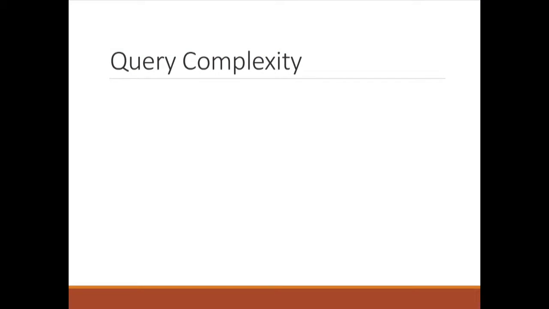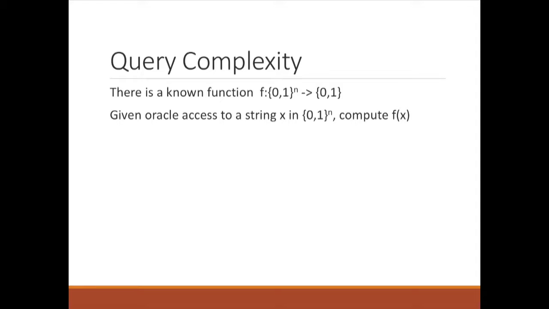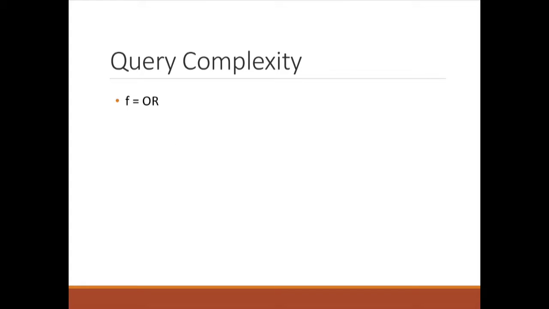So my talk is about sculpting quantum speedups, which is basically a query complexity result. In query complexity, we have a Boolean function f, and we have oracle access to a string x, and we want to compute f of x. So basically, we get to query the bits of x. The cost is the number of bits we query, the number of queries we make, and the goal is to compute f of x. So for example, if f is OR,